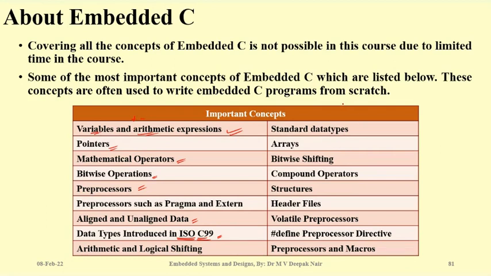No, I think this is the latest. There are many versions of C, so ISO C99 is one of the standards. I will show you that. ISO C99 is one of the standards, and of course there is MISRA C and others. We must be aware of these standards, when they came, why they came, and what changes they made in C programming.